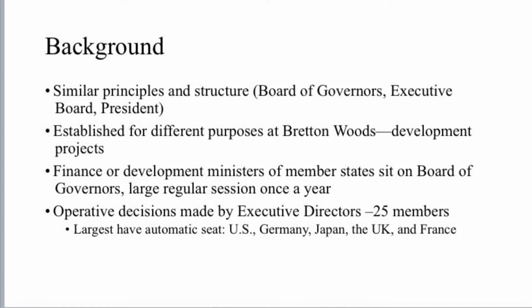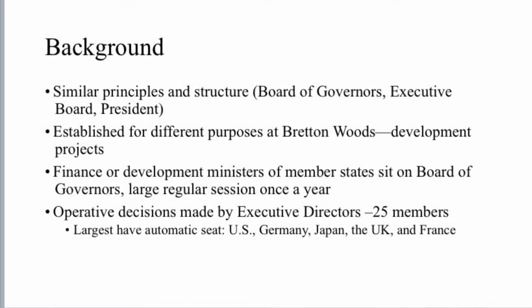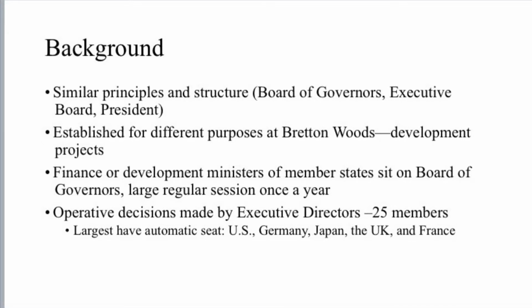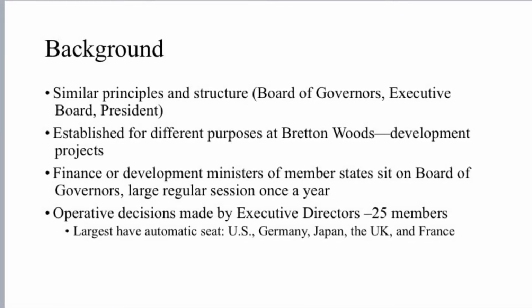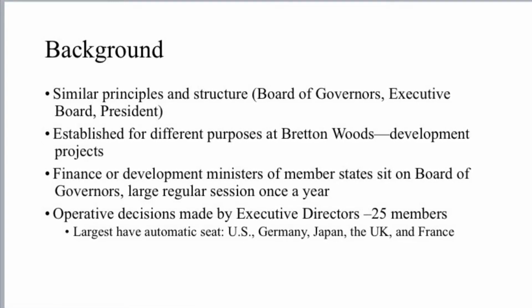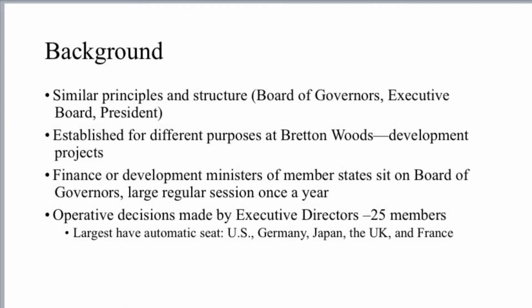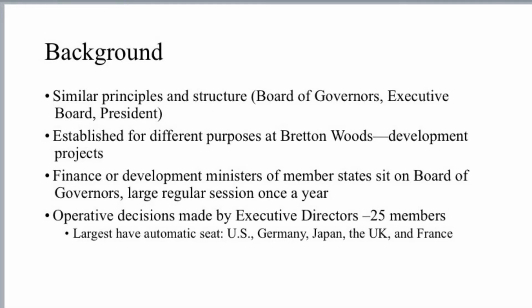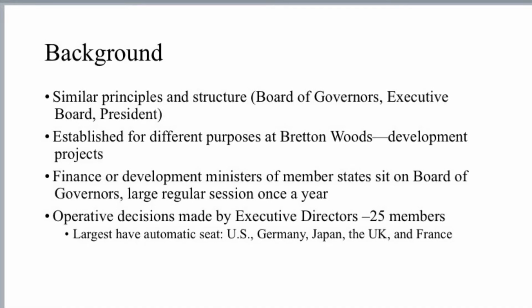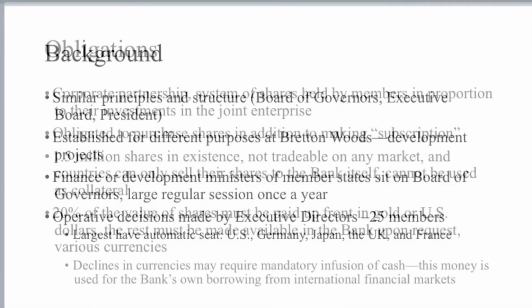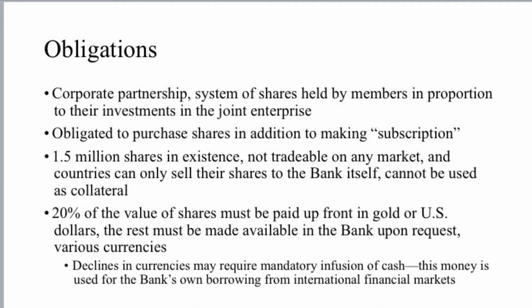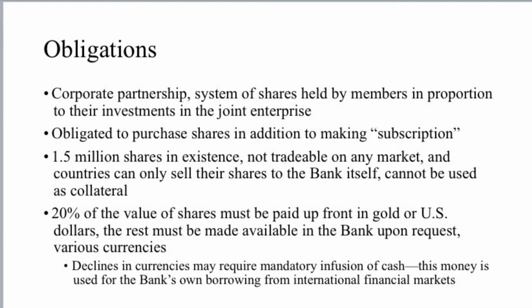The remaining seats are allocated among quasi-regional groupings of member states such that every member is represented by an executive director, though likely not one of their own citizens. The executive directors strive to operate by consensus, but when formal votes are taken, they are weighted by countries' subscriptions to the organization. The bank draws its legal mandate from its Articles of Agreement.